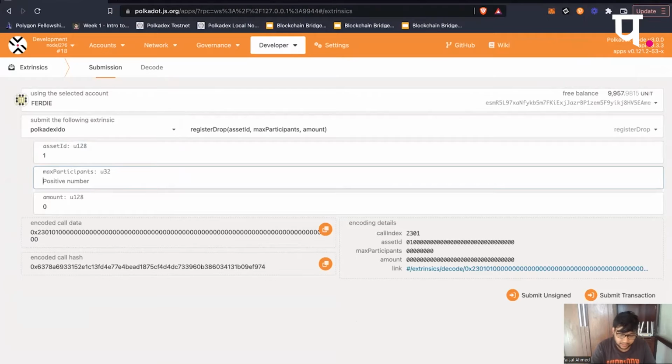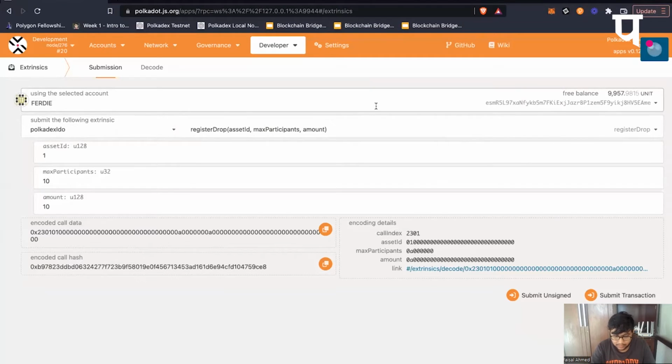I will say the maximum participants that can participate would be 10, and for each participant, I would give 10 units. This would be a very small value, around 0.000, into 10 power minus 11 or minus 10. It's not necessarily 10 because we defined the decimals to be 12. Now I will submit the transaction where I've created this drop.